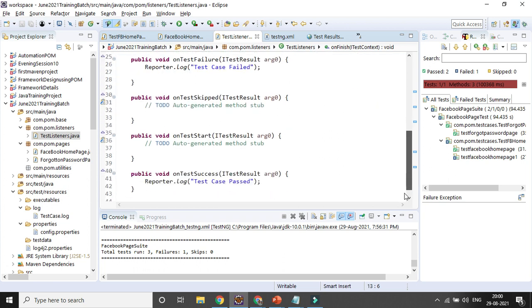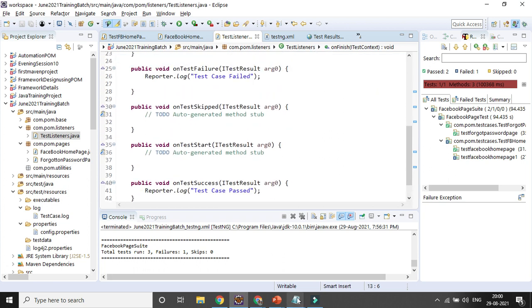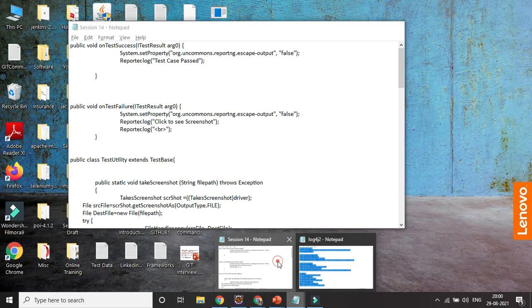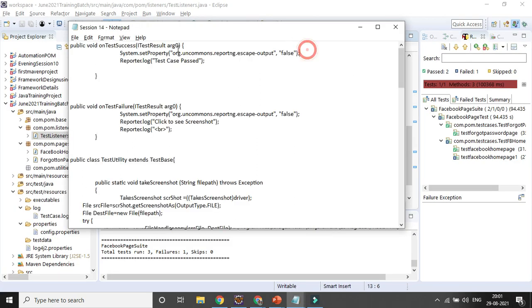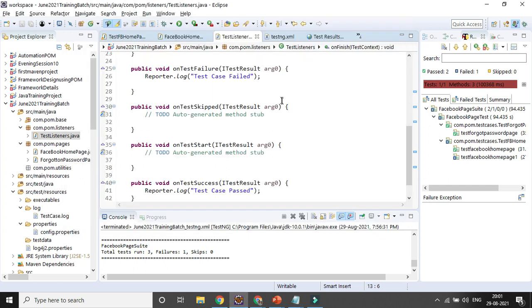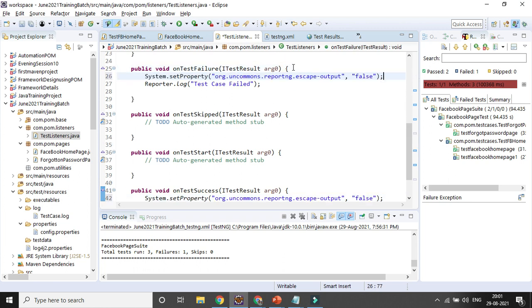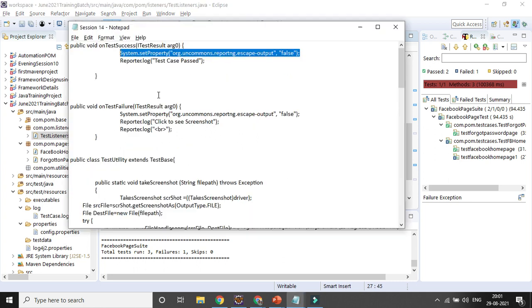Suppose the test case passed or failed, you need to add this one for more visibility. And if you want to add some more details, you can add them. Suppose in case you want to give some breakpoint, you can also add some breakpoint, like the footer.log, that break you can give.